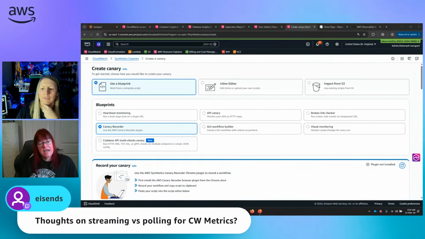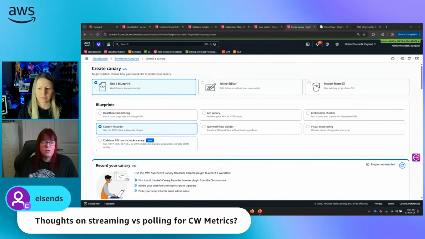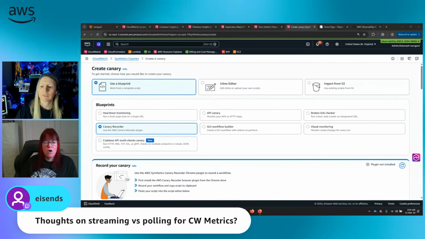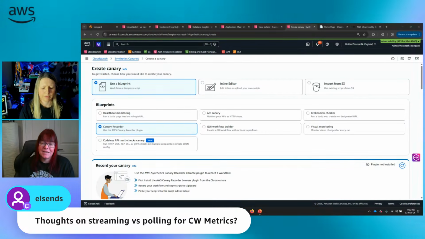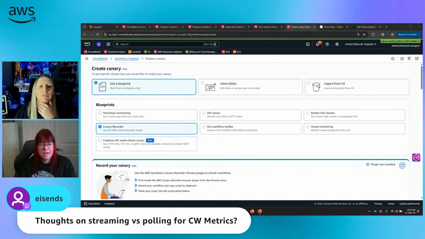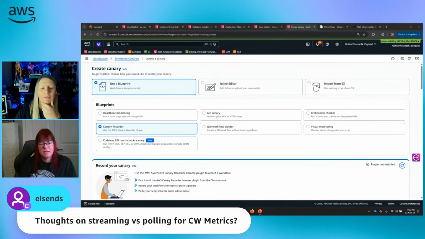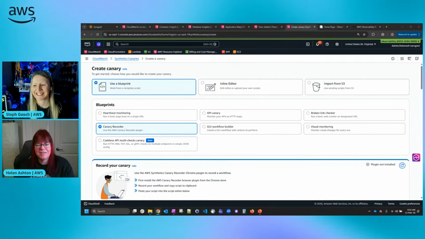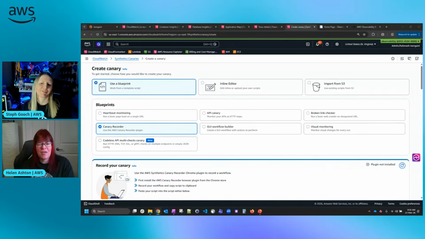If you want to take your data out of CloudWatch, and often this is people using third-party systems, then typically that third-party tool will dictate whether it's streaming or polling. If you're writing your own or it's another use case, then you really need to think about how quickly do I need that data? And is it a pull or push mechanism that's going to work better for me on that? So it's very use case dependent. I'm trying to answer this in all the different ways. But if the questioner has more details, they can share that back with us. But that's the general setup.